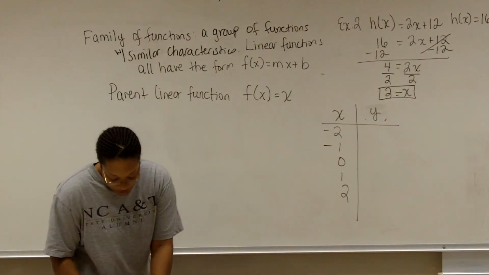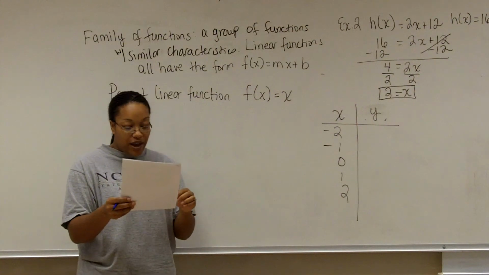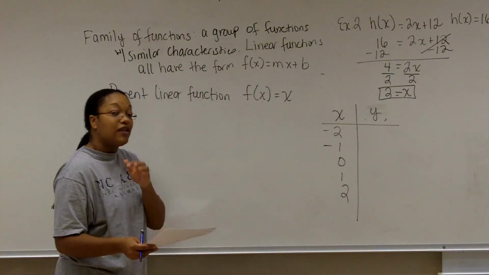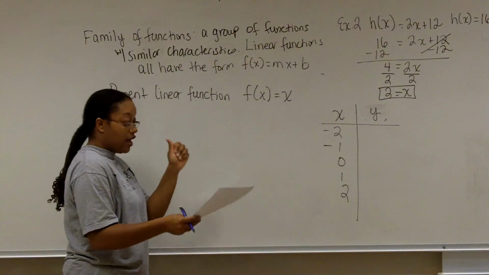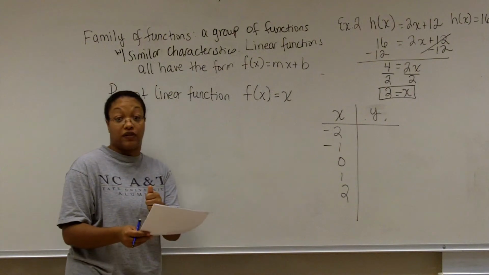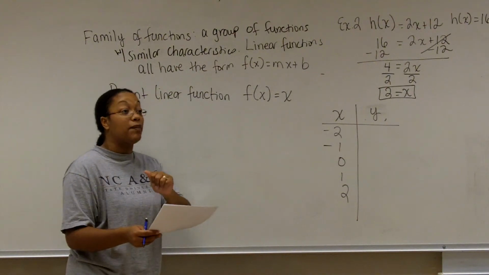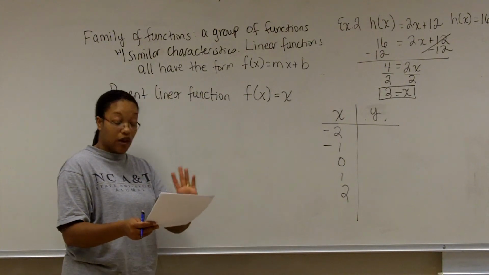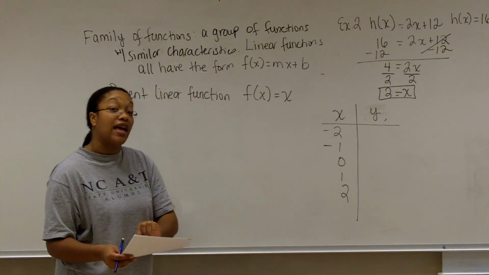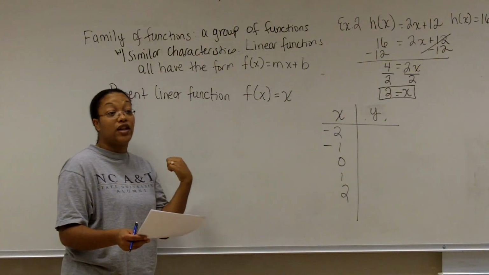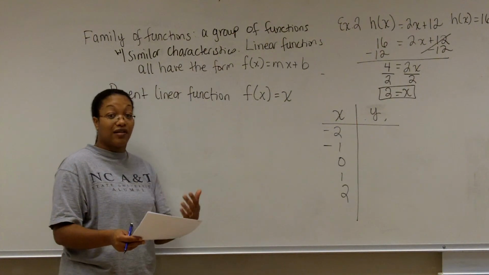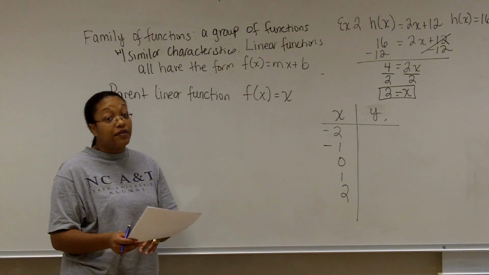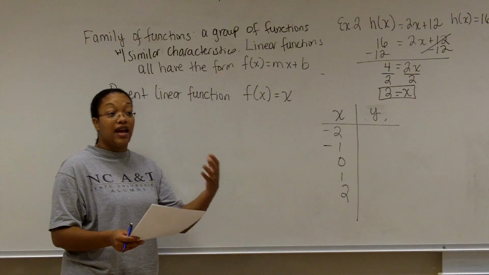Okay. So at the bottom of your page it says, when comparing graphs, and I'm trying to tell you how to compare them so you know what I'm looking for. Here are the things that you want to discuss. You want to compare the slopes of your lines. You want to compare if one is positive or if one is negative, if one is smaller or larger than the other, if they're parallel, and we talked about that in the last video, so you should be able to recognize by the slopes if the lines are parallel. You should be able to compare the y-intercepts. One is a negative intercept, one